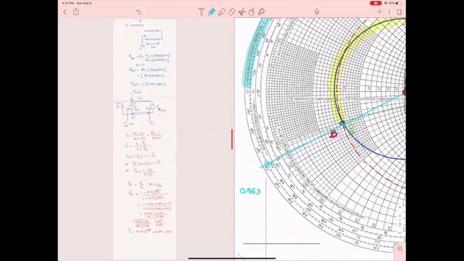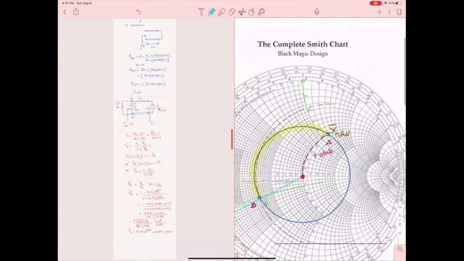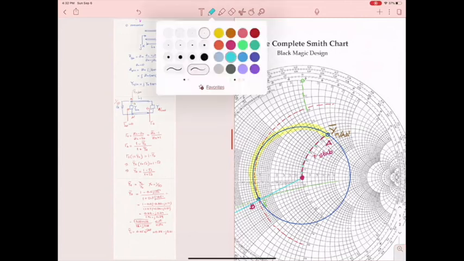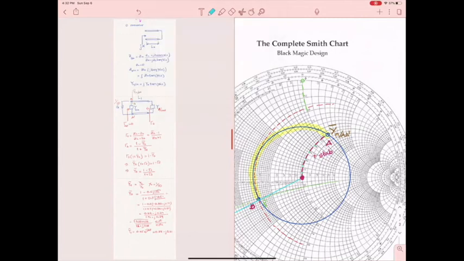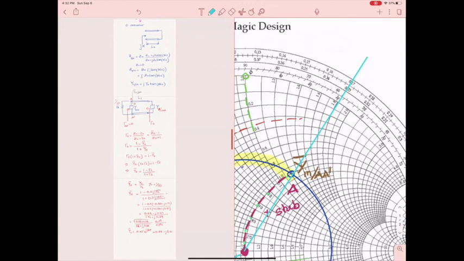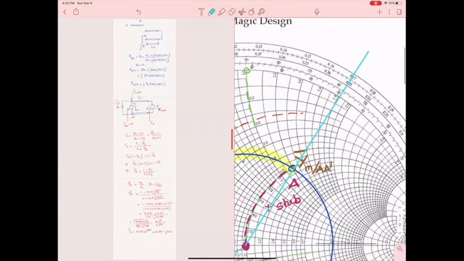Then I'm going and connect the center with point A. That's the other end of the line. So here, the same, I will do this. Okay, and then I'm going here and read this number on the outer circle. And this is